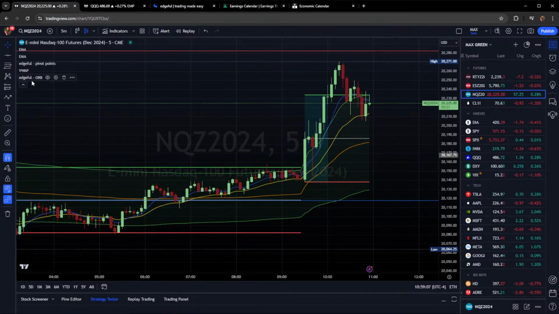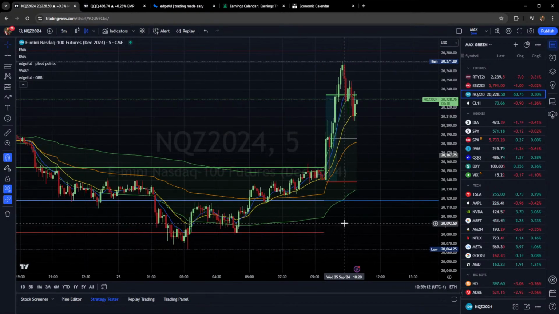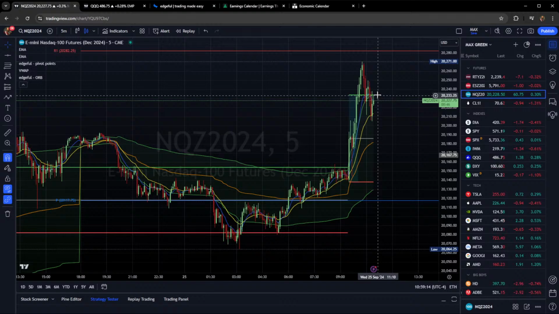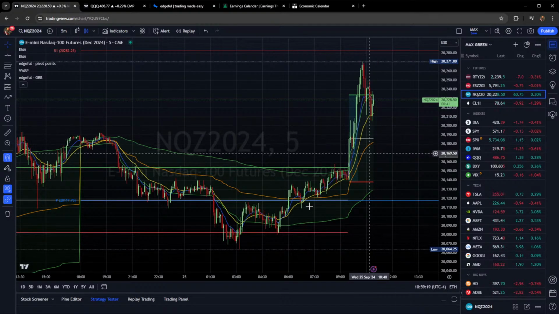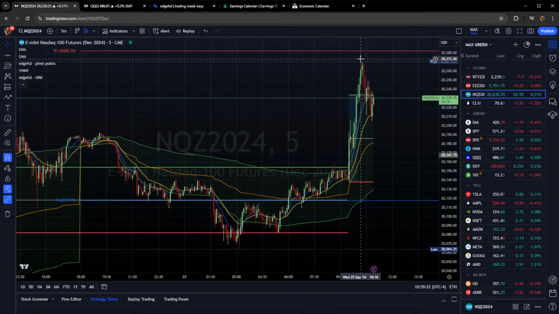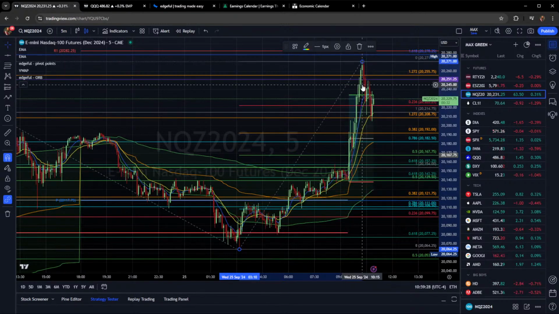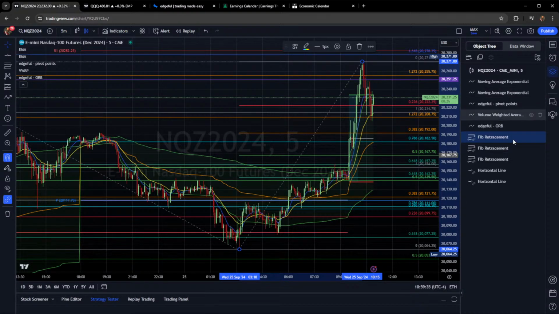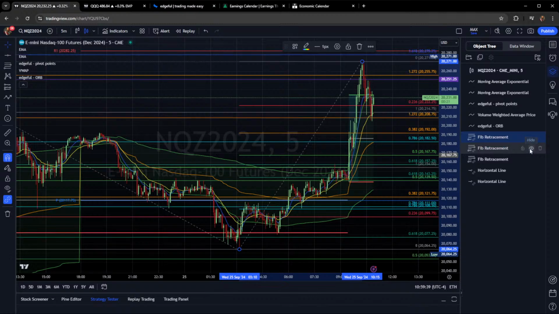Oh, there's a ton of stuff on my screen right now. I took the drawings off. If we break down a little bit further here, I will draw a fib from here to here. And if I do this, it's going to bring it all back up. Now you got stuff all over here. I would probably hide some of these other ones, which those of you that don't know, you can jump over here and you can hide stuff pretty easily. So if you do get too congested,